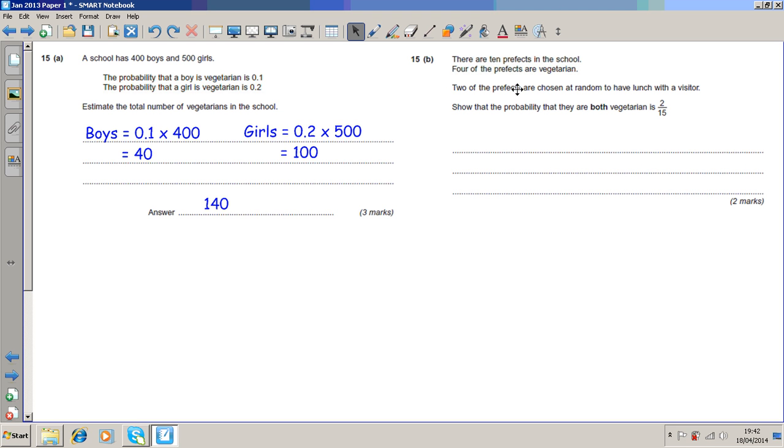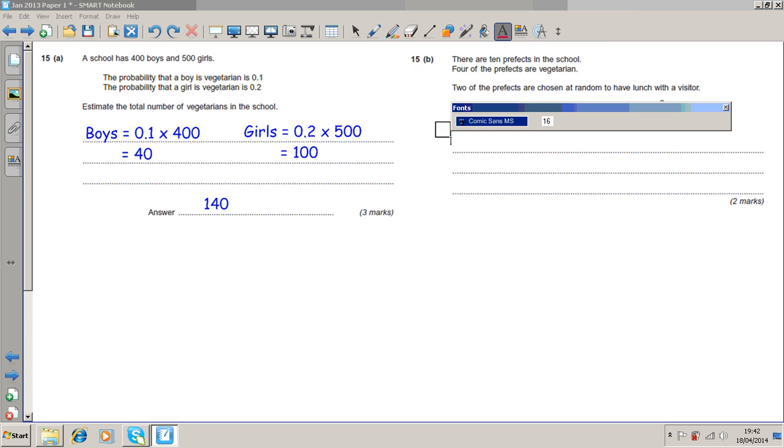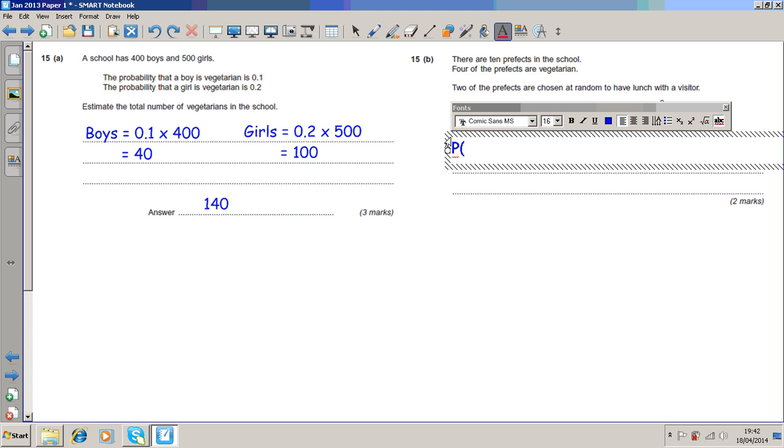There are 10 prefects in the school. 4 of the prefects are vegetarian. 2 of the prefects are chosen at random to have lunch with a visitor. Work out the probability that they're both vegetarian. So probability both vegetarian